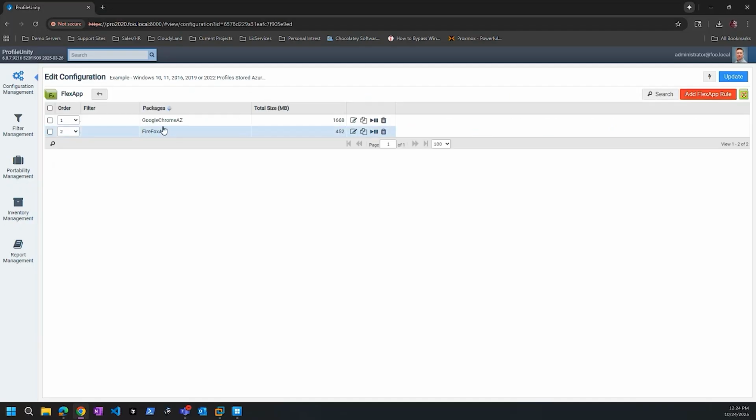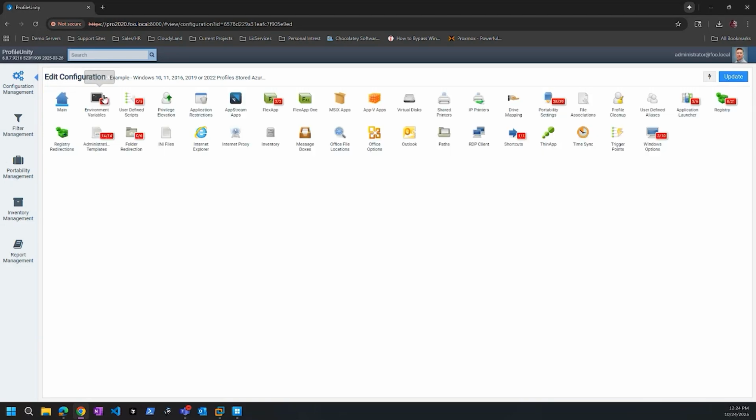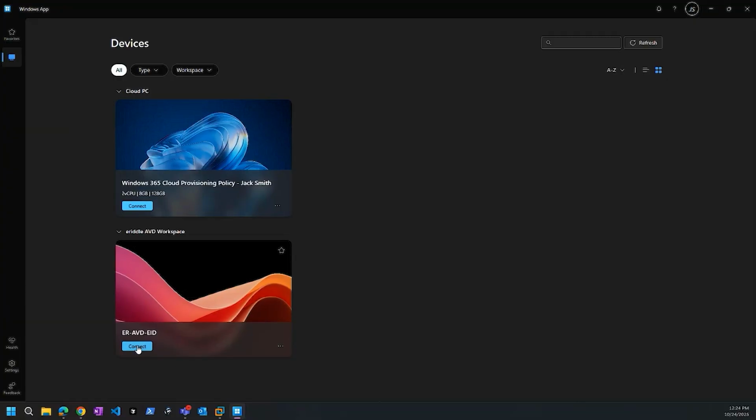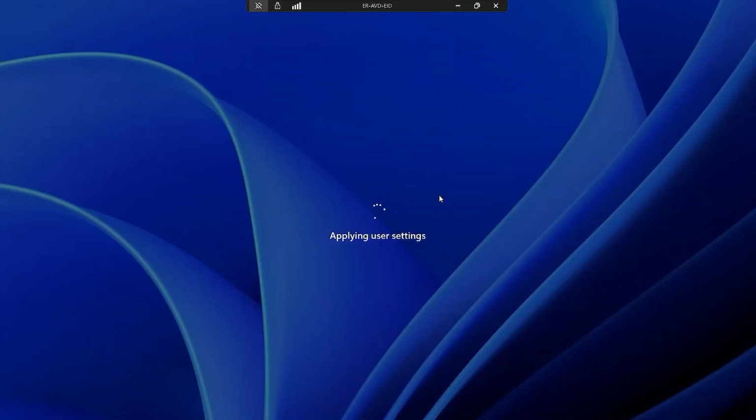We are also going to show a little bit of applications being layered into the operating system from Azure Storage. So all of these items that you see here, I'm going to go into my workstation, and this is an AVD Entra only joined system. But as you can see, we can also support Windows 365 cloud provisioning as well. So as we come into this Entra workstation here,